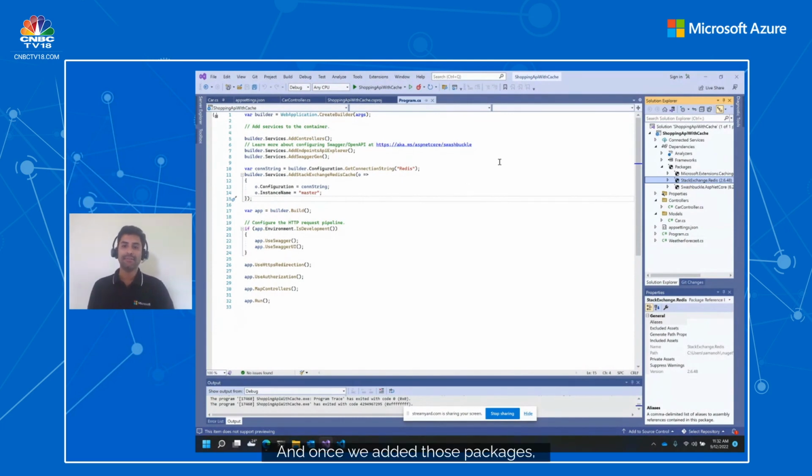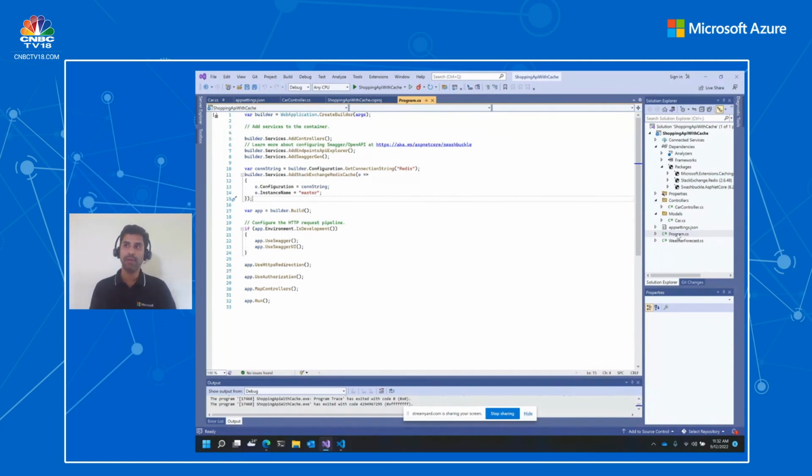And once we added those packages, there are certain configurations we can do. First thing is we can get the connection string here. We are getting it from the configuration. And once we got the connection string, we add services.AddStackExchangeRedisCache. That's the method which is provided by the NuGet package, and we pass the options, either the connection string,